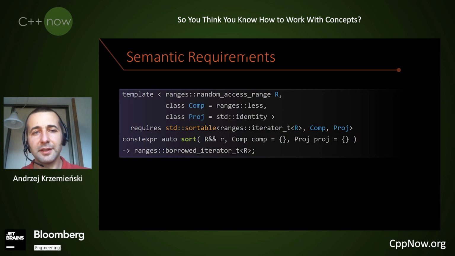Maybe one other thing that you observed here in the examples is that I started with some concept, then I had to fix it. And when I fixed it, I had to fix it again because we discovered this semantic requirement. This process will also happen in other libraries. It is a fiction that you can first design an interface and then provide implementation for it. Usually it's an iterative process. You refine and make it better.